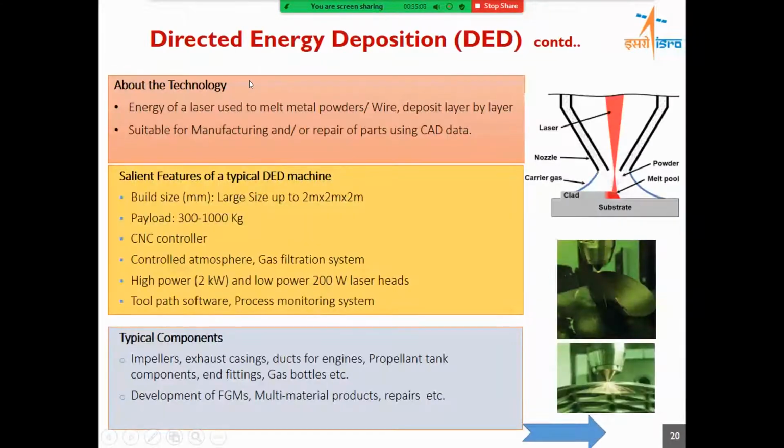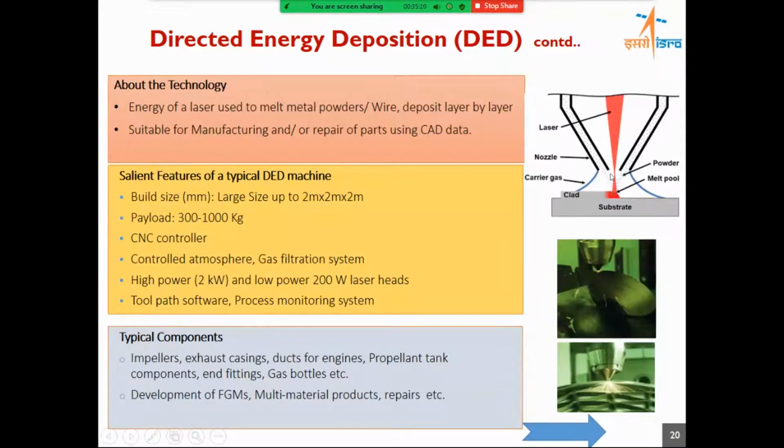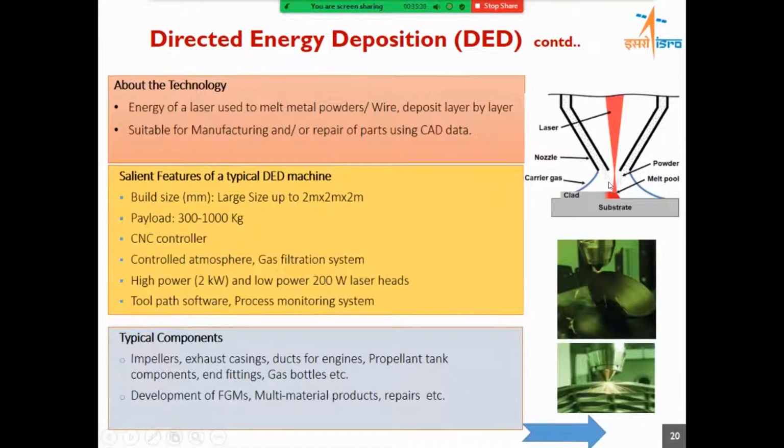This slide shows the schematic of directed energy deposition. We have a powder feed through this and also a coaxial laser beam which melts the powder which is being fed through these channels by means of a carrier gas such as argon or helium or even nitrogen in some cases. Once this laser beam interacts with the powder, it melts and deposits on the substrate. The substrate is nothing but the plate on which you are trying to deposit the material.